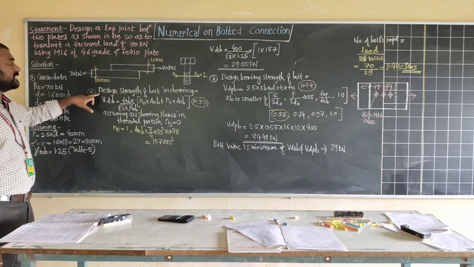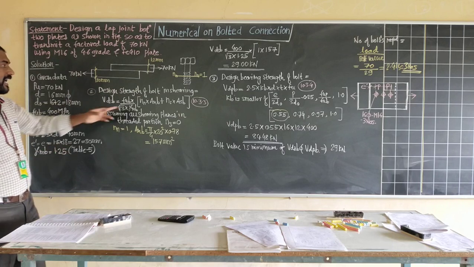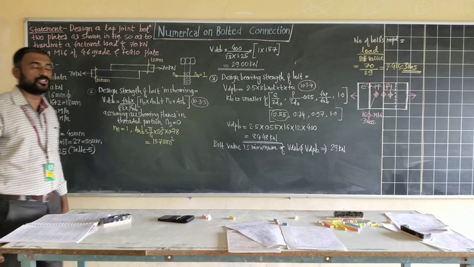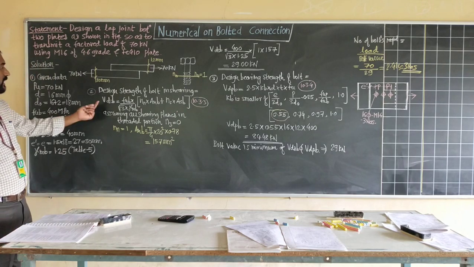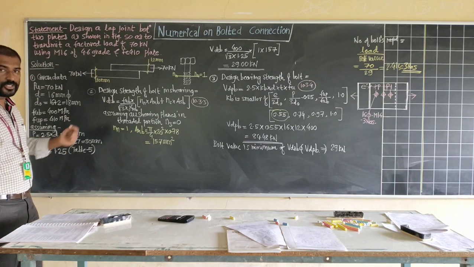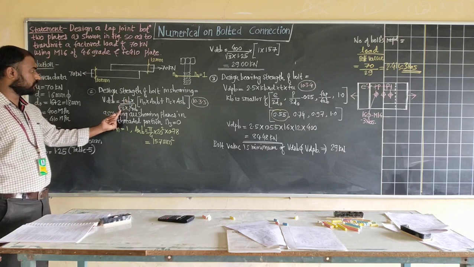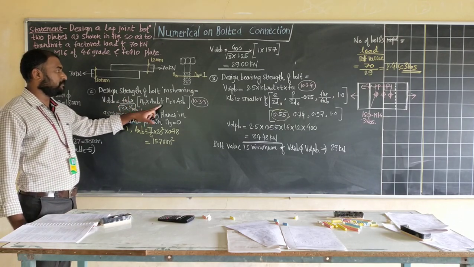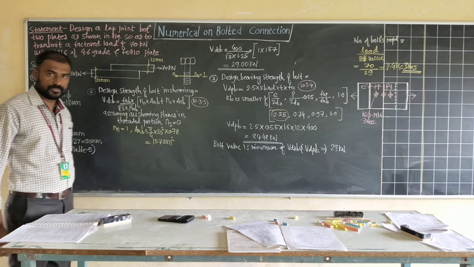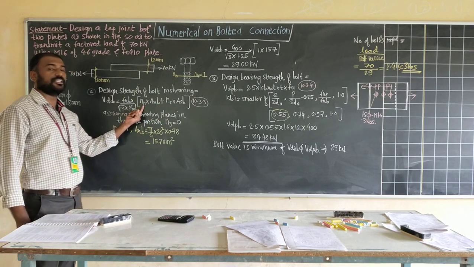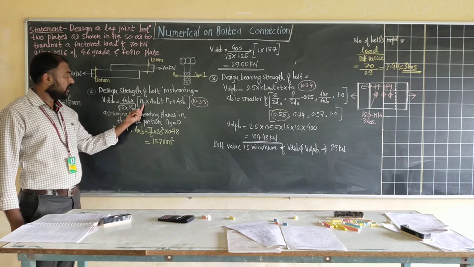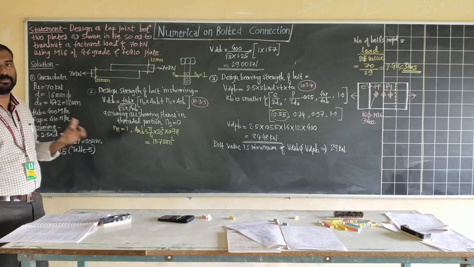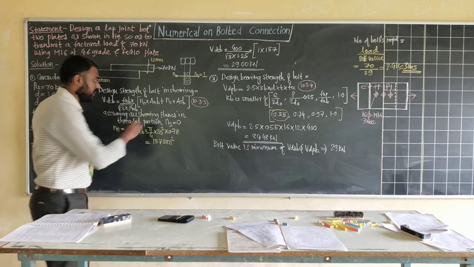So first is the design strength of bolt in shearing as per clause number 10.3.3 of IS 800/2007. The formula is given as design shearing strength of bolt equals ultimate strength of bolt divided by root of 3 into gamma mb, into bracket nn multiplied by anb plus ns into asb. So this nn is nothing but the number of shearing planes, multiplied by anb, the area of your bolt for threaded portion. N stands for net.